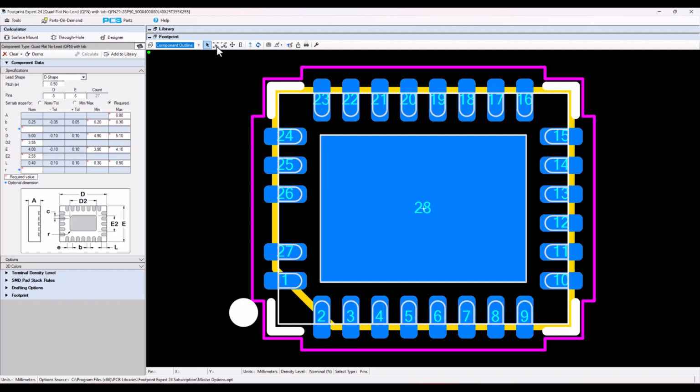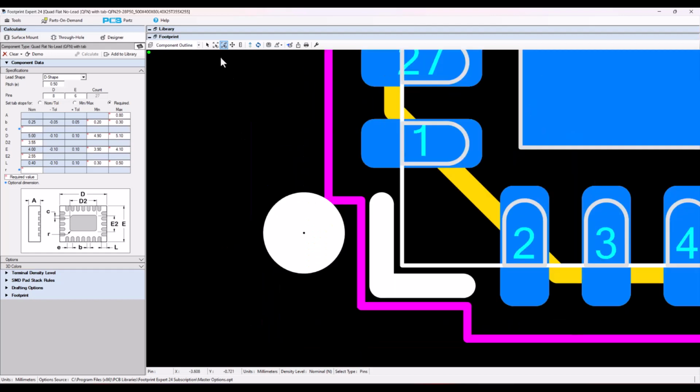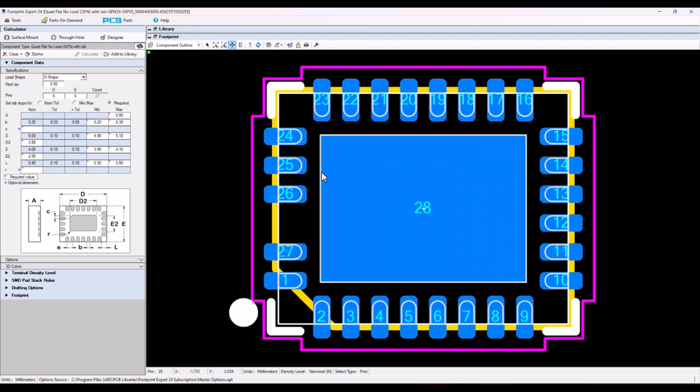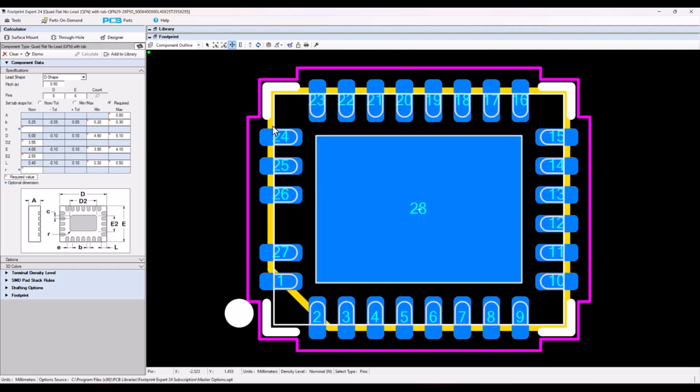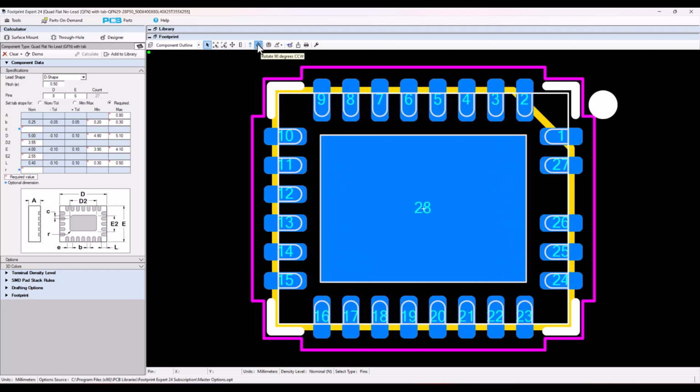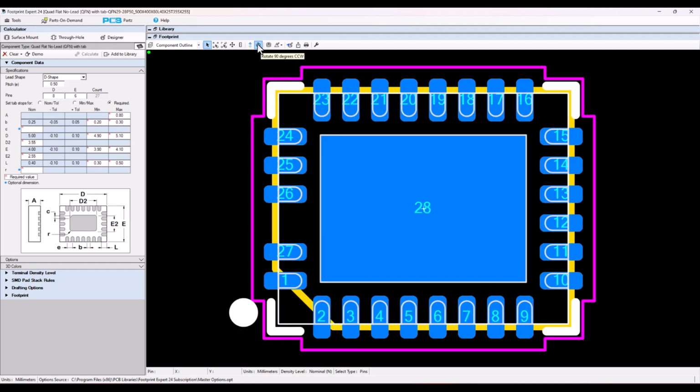Going across the menu, we have Zoom Extents, which is basically Zoom All. We have Zoom Area, where you select this and click and drag a window around a certain area that you want to zoom up on. Then Zoom Area will zoom it all. Pan moves the part around. We have Measure, where you can measure between two objects. Click and drag. We have Mirror, where you can mirror the part. And mirror is only good when you want to look at the bottom side of the part. Rotate the part. You can rotate the part in any rotation that you want, and it'll save it that way